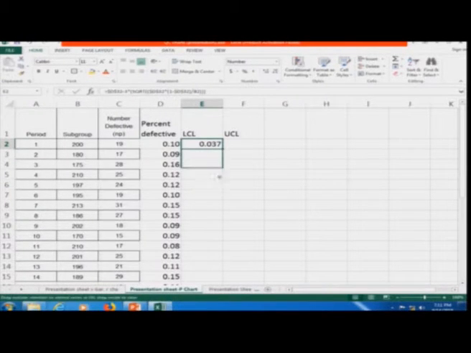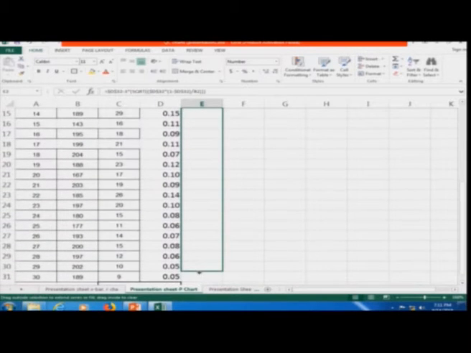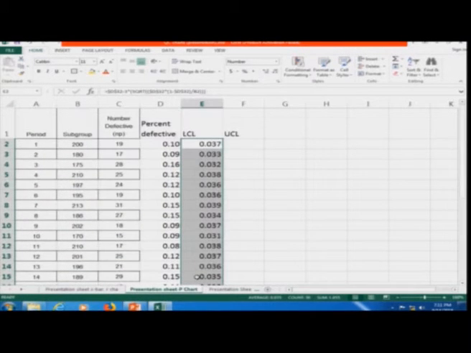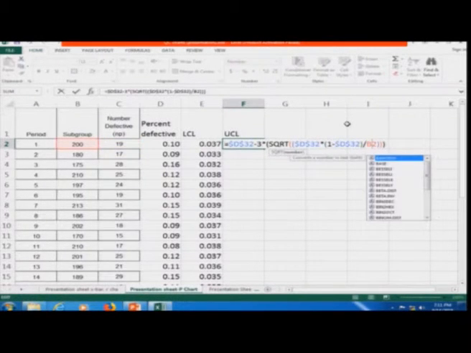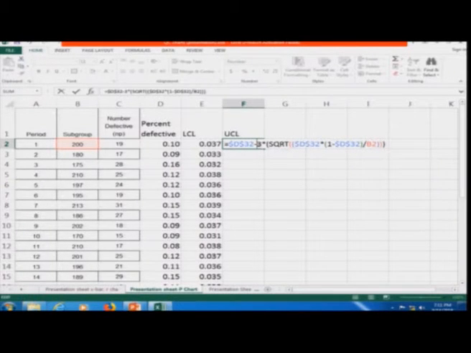So, this is the value and I am dragging this. So, I will get my lower control limit for these values. I can even find my upper control limit, the only difference is I am just dragging this formula here again. Only thing is that I need to make sure that this B remains B, the subgroup is there, and in place of minus I will put plus, enter. So, this is the value.